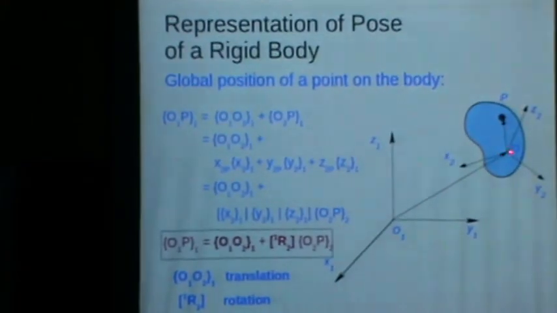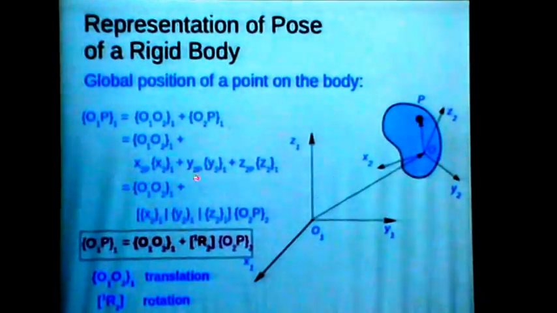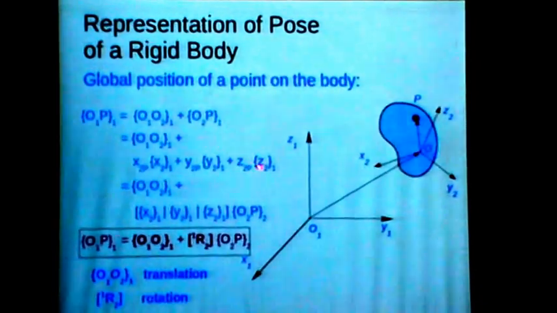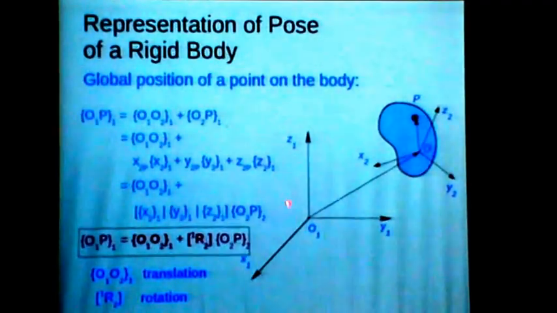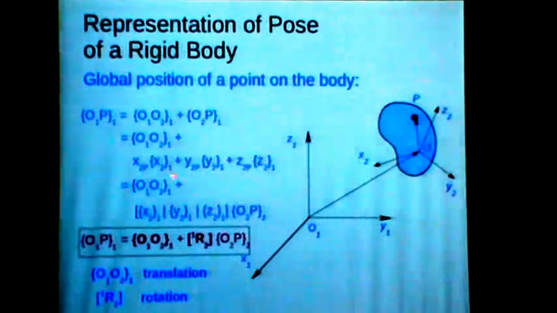So again, this particular vector, the scalar times a unit vector, is actually the component of this vector in the x2 direction, and this is the component in the y2 direction, and this is the component in the z2 direction, all expressed in the global frame. So now this quantity